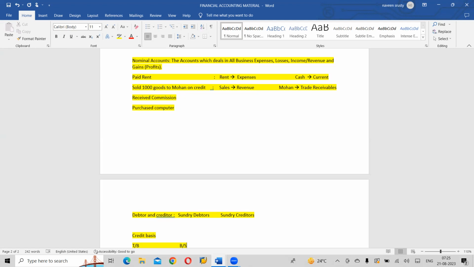At the same time, there are 500 creditors. If I individually mention creditors in my trial balance or balance sheet, clear? Then my balance sheet and trial balance look bulky. So individual ledger accounts we prepare in the books of accounts, but whenever we want to show in a statement, we club all the creditors. How much we need to pay ABC, how much we need to pay XYZ, we club all together and write, okay, 10 lakhs we need to pay and 20 lakhs we need to receive. Is this 10 lakhs inclusive of one creditor or all the creditors?